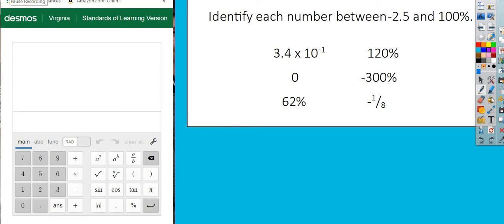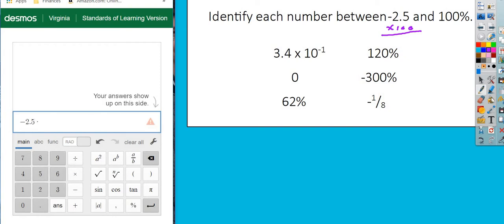Okay, this says identify each number between negative 2.5 and 100%. The first thing you need to do whenever you're ordering any numbers is change everything to a percent. So as I come up here, I'm going to look at that negative 2.5 and multiply it by 100. So I've got negative 2.5 multiplied by 100, and that gives me negative 250%. And the other number is